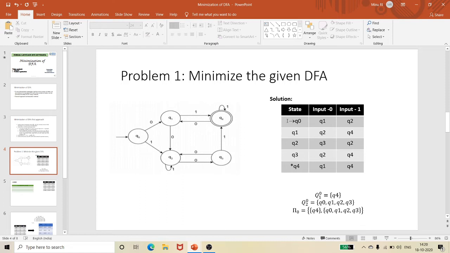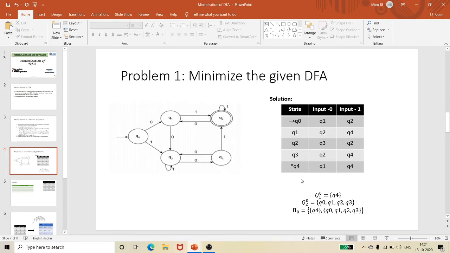The initial state can be represented by an arrow mark. The final state can be represented by a star. If you draw a transition table without this notation, it is useless because nobody knows where the input is and where the output state is. So, the notation is very important in automata. Just by seeing, in state Q0, if the input is 0, it goes to Q1. In state Q0, when the input is 1, it goes to Q2. By seeing this, I simply write the transition table.